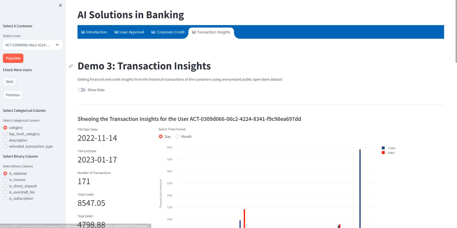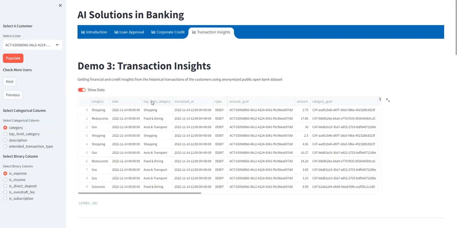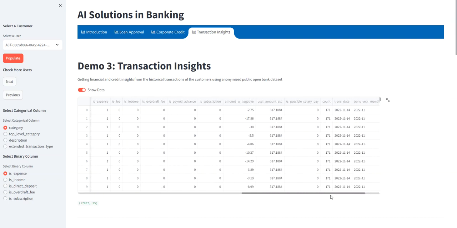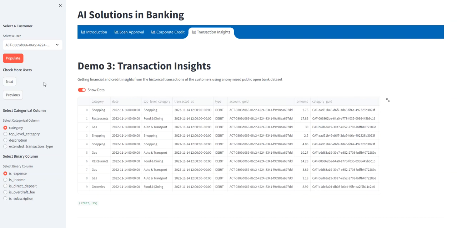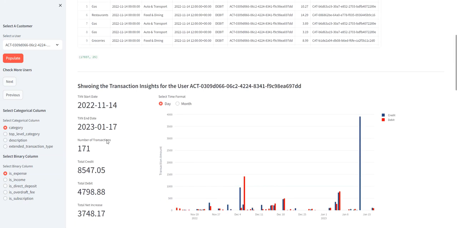Our last demo, our third demo, is for a situation probably in developing countries, or for people who don't have a credit score. We are trying to gather their public open transaction history from the past 90 days from public bank data. This data is anonymous, so don't worry about any confidential matters. Think about when they are trying to apply for a loan or some credit. We gather their past transaction history and use advanced analytics to generate insights about this person.